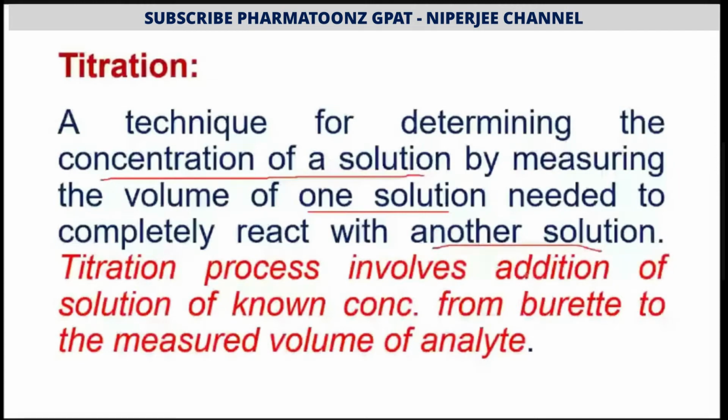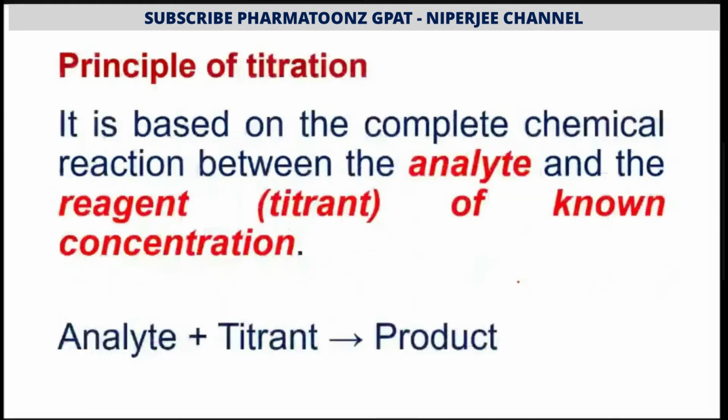So the amount of acid required to neutralize a base, and when all the acid has been neutralized by the base, we reach the endpoint. The endpoint can be detected by the various indicators used in the titration process. So this is all about the basics of titration. Now, what is the principle behind it?